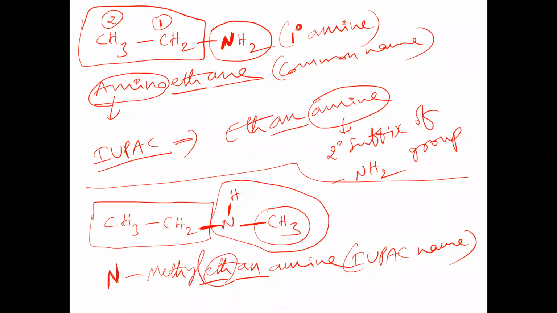And in this one, a nitrogen atom is attached to how many other carbon atoms? This side one carbon is there, this side one carbon is there. So one nitrogen atom is attached to 2 other carbon atoms. That's why it is called secondary amine. This is called what? 2 degree amine. 2 degree indicates what? Secondary. Why have we said secondary amine here? Because the nitrogen atom is directly attached to 2 carbon atoms. It is called secondary amine. And this is called primary amine, the first one.